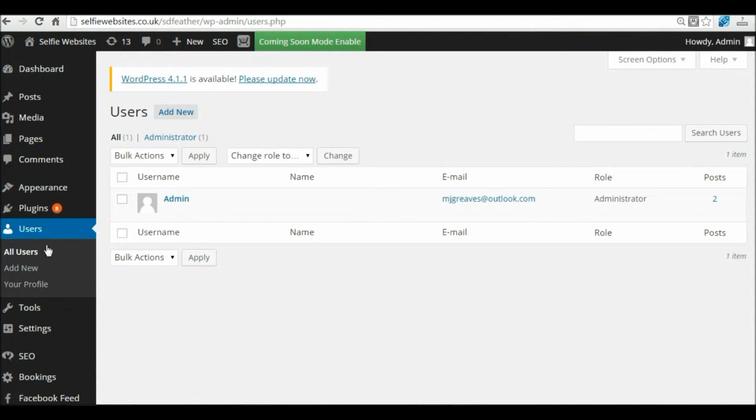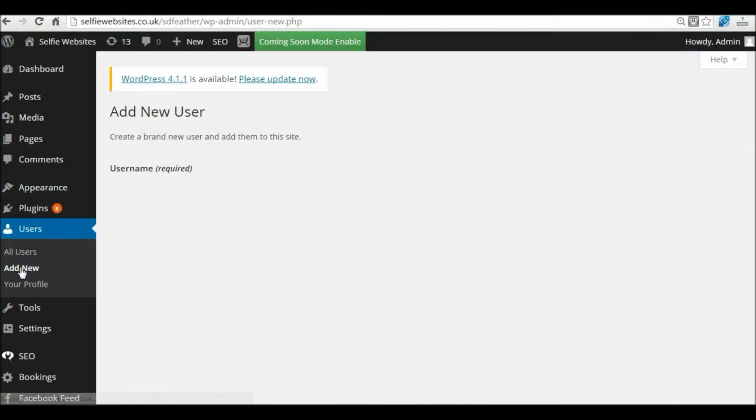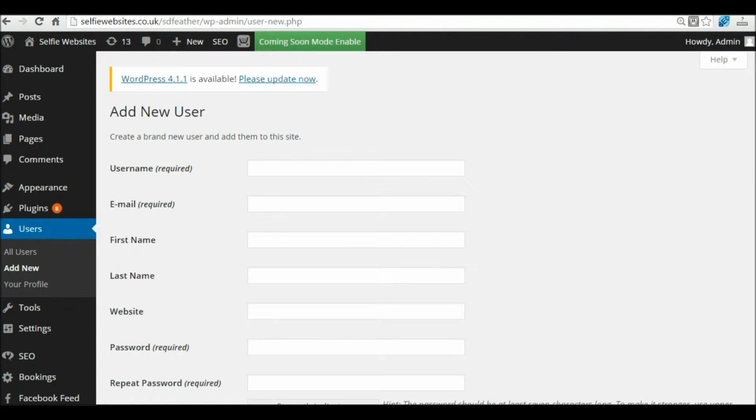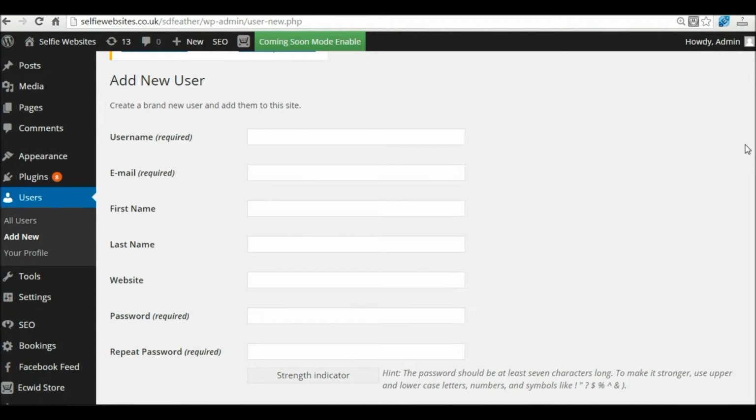To do that, we can do that under the users section, and we're going to click add new to add a new user. And it will present us with a basic form. We just need to fill in a few basic details about this user. So we just need to give them a username. That can be anything you like. So I'm going to put this as